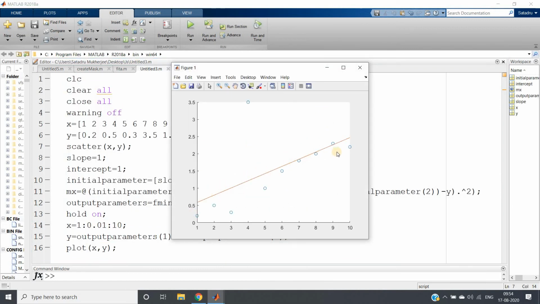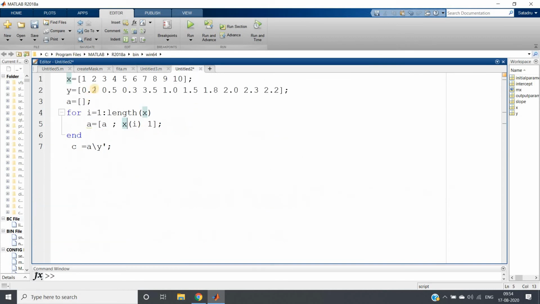Now how to verify whether this line is the actual curve fitted line or not? We can tally with our normal least square regression method which I have shown you earlier. So here I have written that code. The same data points I have taken, and then I am using the matrix method to get the values. Control A, evaluate selection.